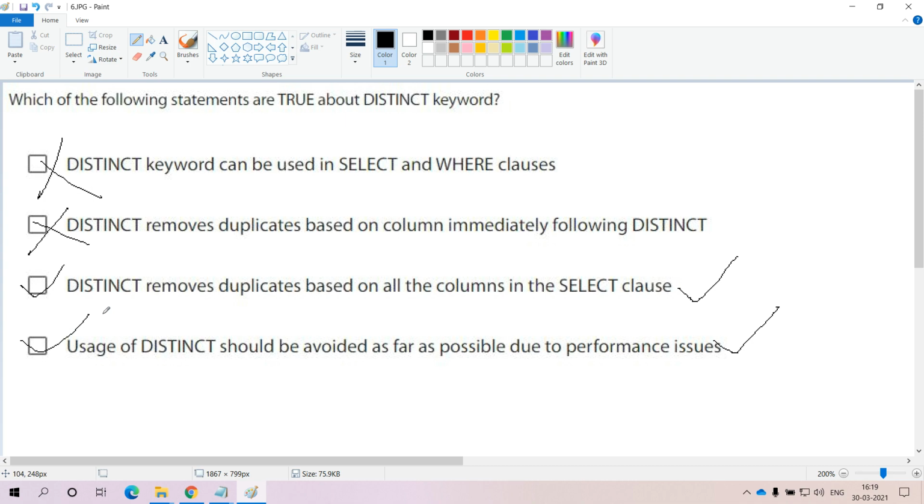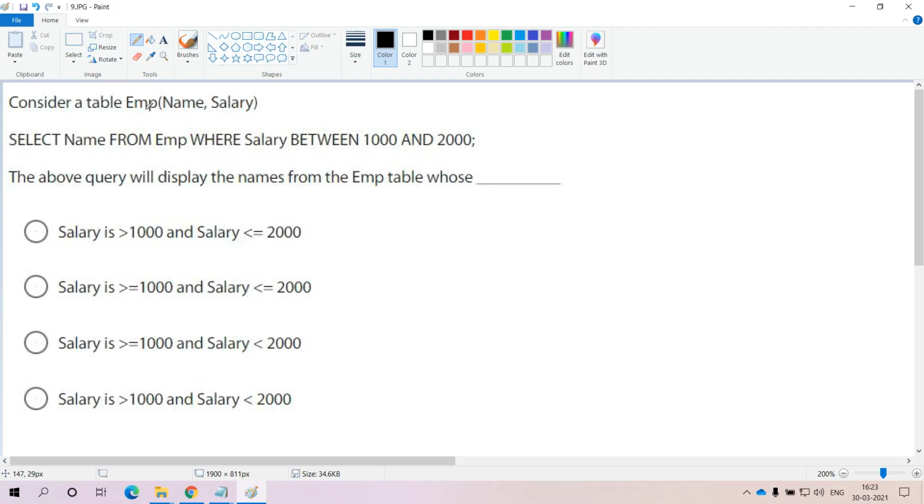Coming to the last question, consider a table employee with 2 attributes available, and the query is select name from the employee where salary between 1000 and 2000. We are using the between operator, so here between in the sense it will include the 1000 as well as 2000. The above query will display the names from the employee table whose salary...